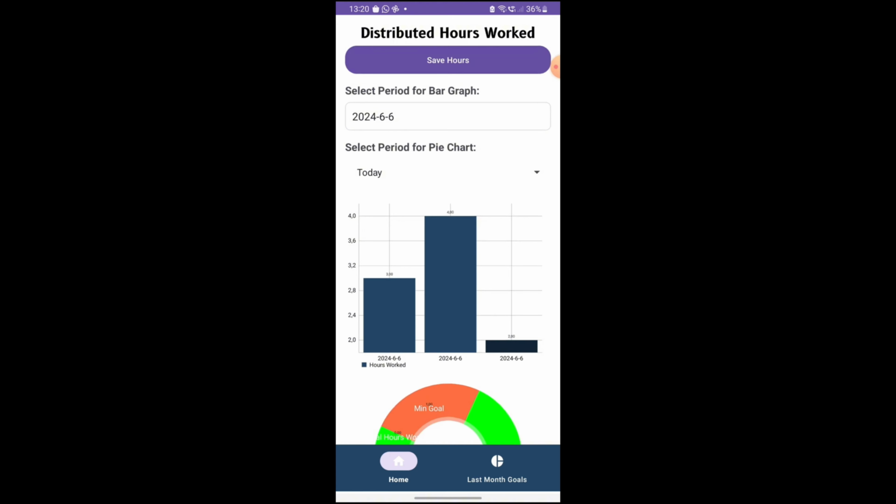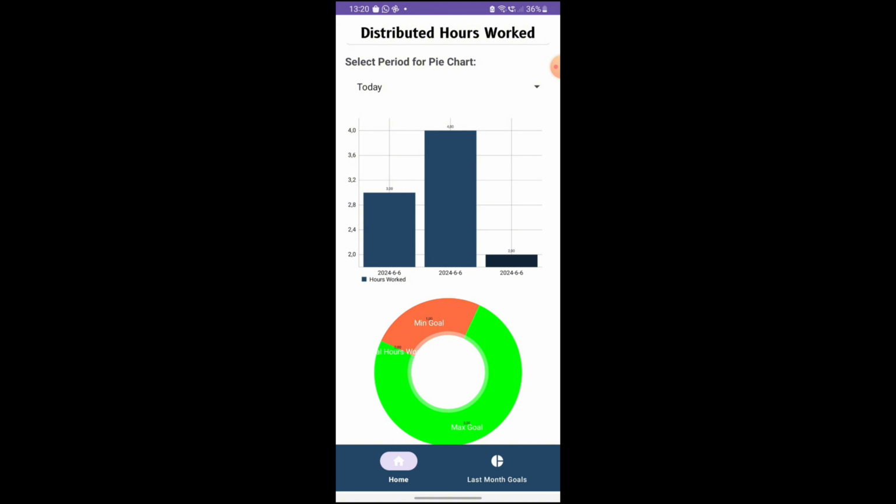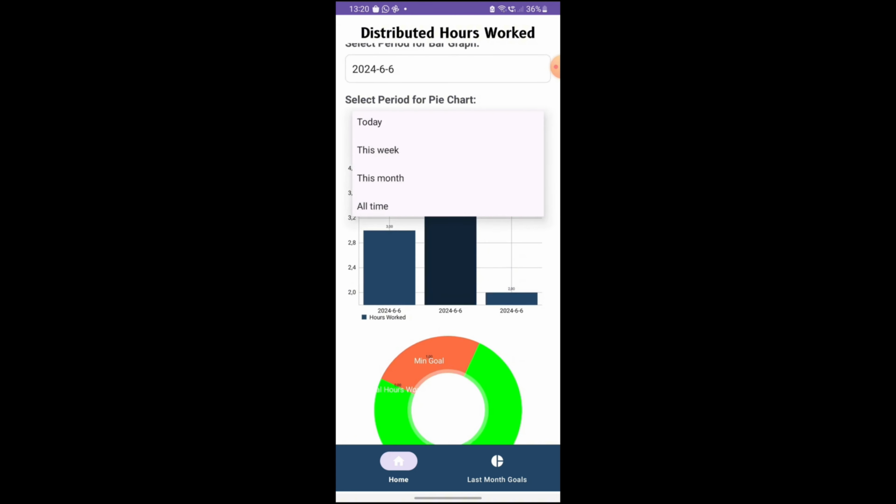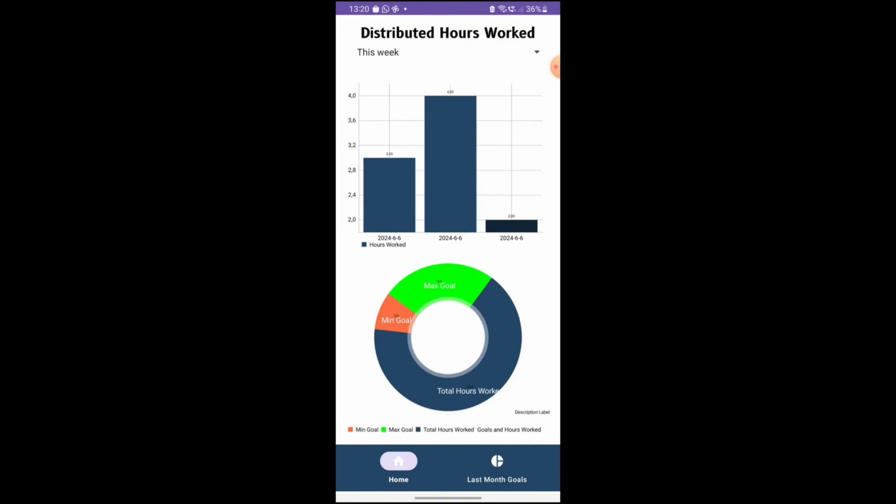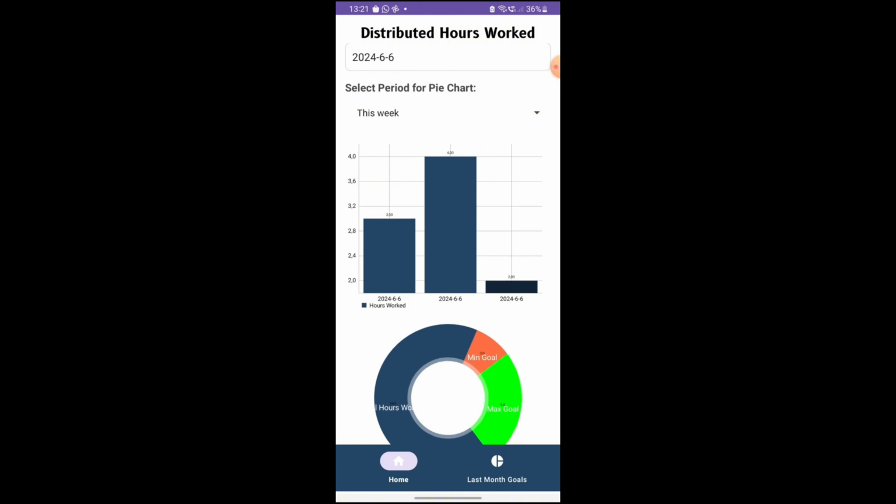I'm sorry, it's also been saved successfully in our database. So if we click this week, we can see that these are the total hours worked, which is 24 hours in total throughout this whole week. And our maximum goal for this whole week was 9 hours, but we've worked 24 hours. And our minimum goal for the week was 3 hours. So we've extremely exceeded the total hours that we've worked for this week and the max goal as well, as